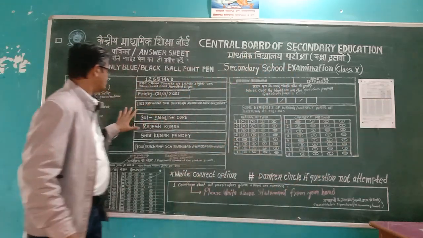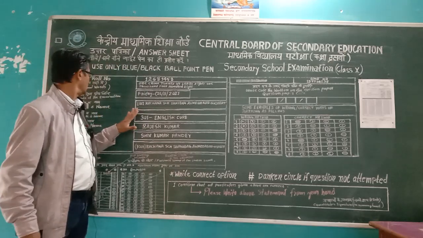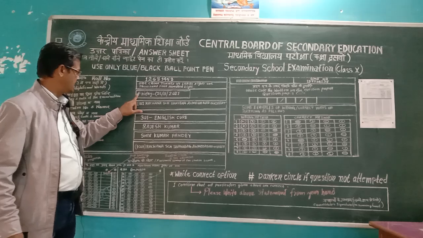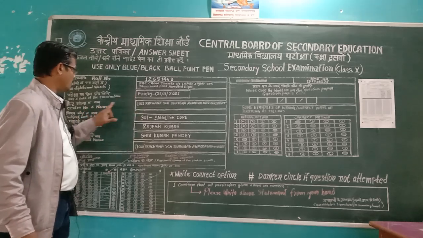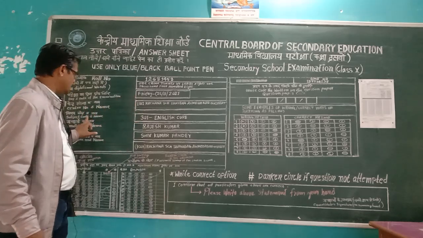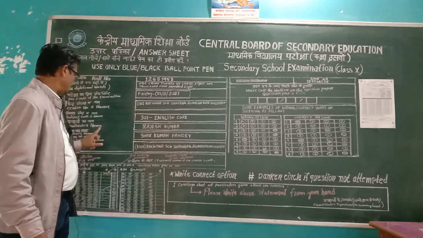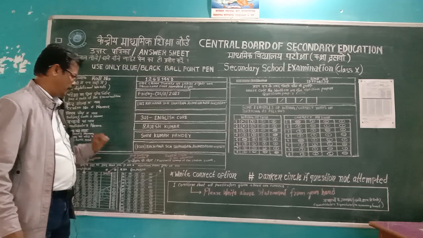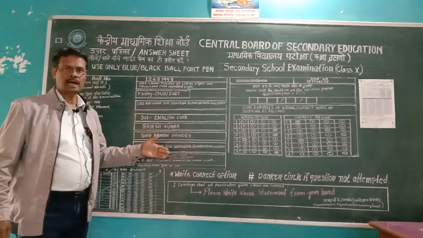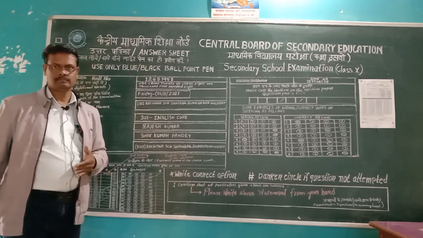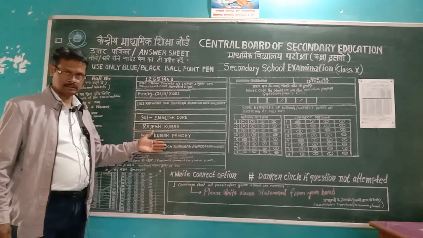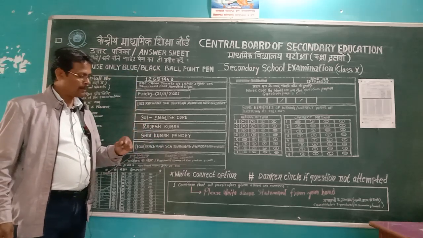On the left side, certain things are written like roll number, day and date of the examination, center number and name, subject code and name, candidate's name, father's name, school code and name. These things are pre-filled. That means CBSE will print all of them. Only we have to write